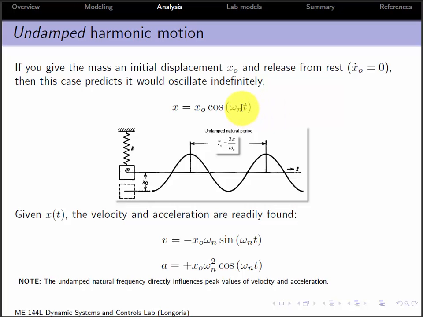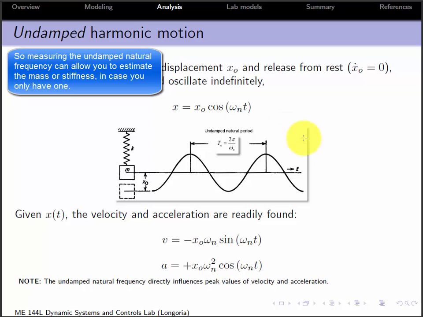And if you know, in this case, K and M, your stiffness and mass, you know what that frequency is going to be. You know what that period is going to be. Or flip it around. If you don't know K or M, you have a system, you deflect it, you measure this period, and that gives you a measure of the natural frequency. And that's, for physical experiments, what I'm trying to get you to do, is to recognize that, hey, if I can model this using a second order ODE, I can use what I understand about the response to design really simple experiments in the lab and extract the parameters from dynamic